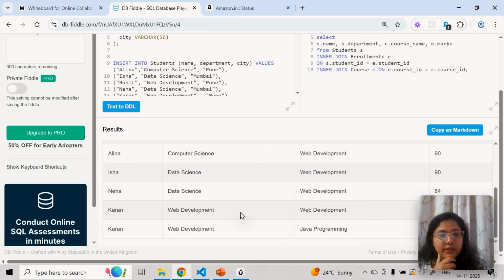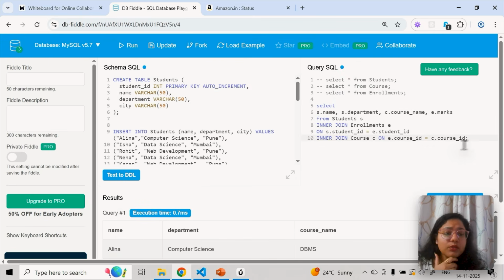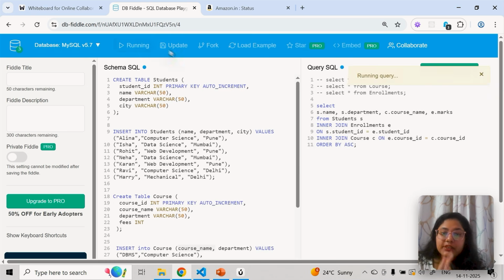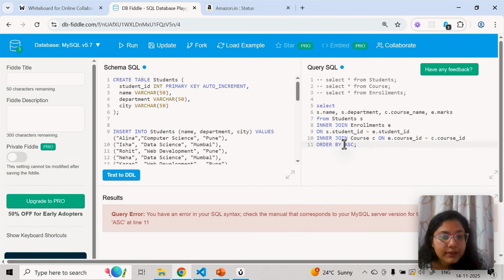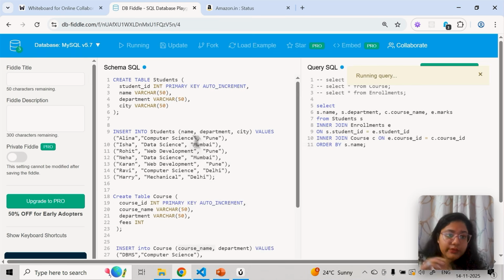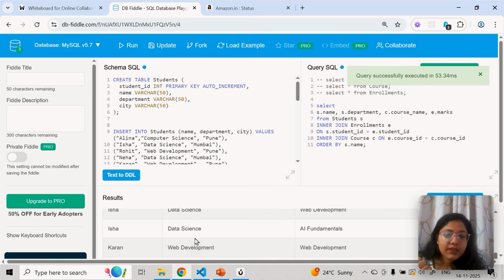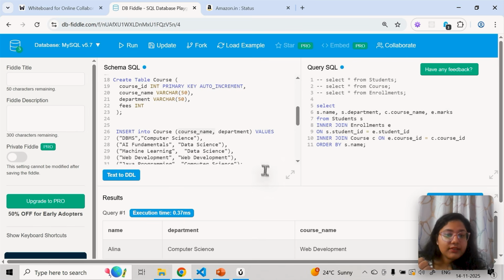Okay, so those are coming. Now in this you can further do order by, we can say order by ascending. If you try to understand the syntax part by part, it's very easy. When you see it properly you might feel like, okay, I have not mentioned the column. I want to order it by s dot, let's say name, and also if you don't mention ascending it will work by default, it will sort in ascending order. See, name wise it has done the sorting.